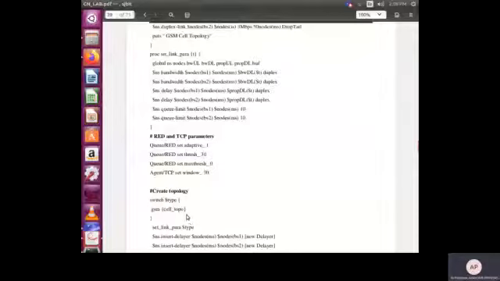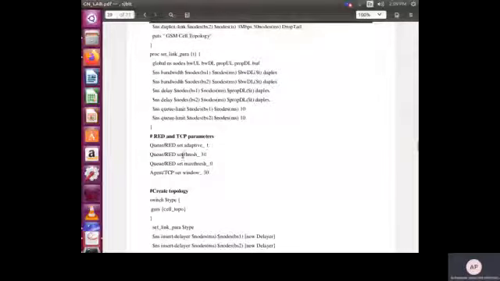Next, we have to set the RED, random early detection. We have seen this through the packet drop, which happens only when the drop concept is used. For that, we will have to set some parameters. What are the parameters? The queuing technology makes use of the RED technique and the adaptive mode, whose value is set to 1. There are different values that can be used for RED.